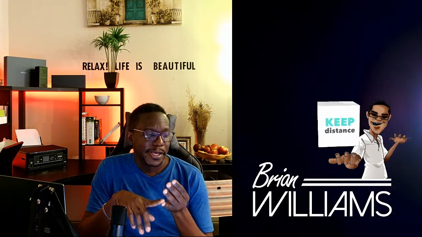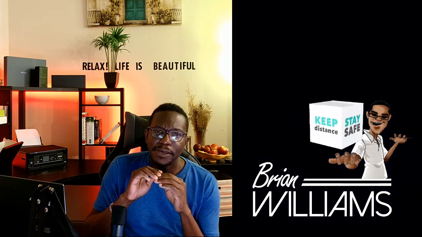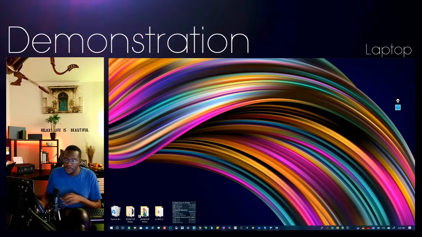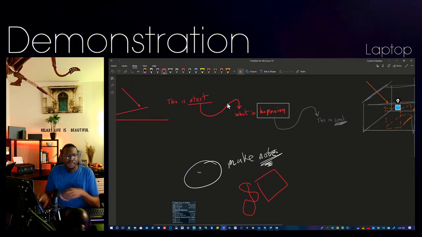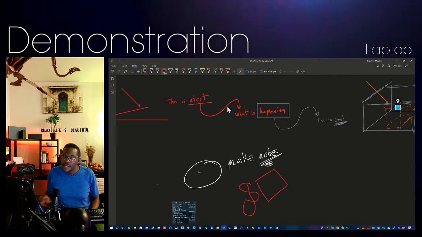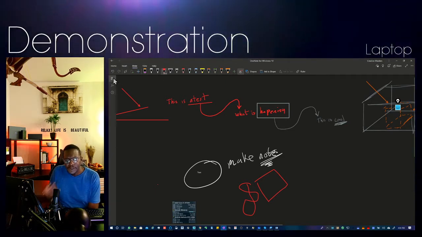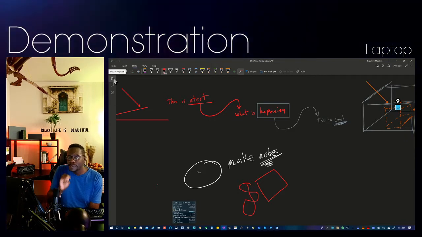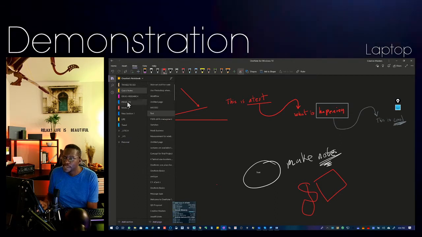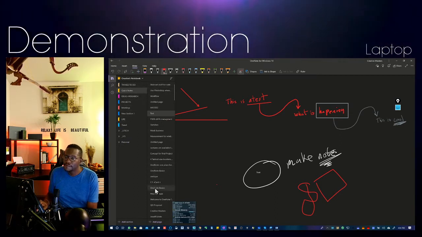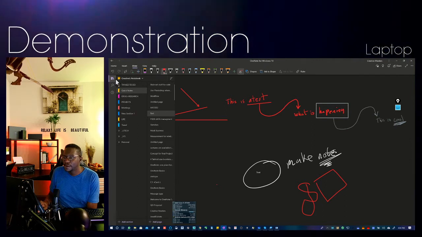Right now, OneNote, I've spoken about that in the past. OneNote is pretty much the industry standard for note taking. I'll show you that now. So OneNote pretty much looks like this. This is some doodling that I was doing on OneNote, and primarily OneNote is for very structured notes. It works by having a notebook with chapters and pages, and as you can see, I have quite a bit of things in my OneNote.